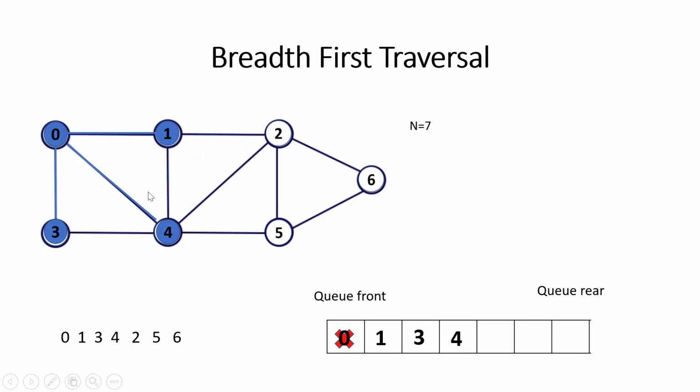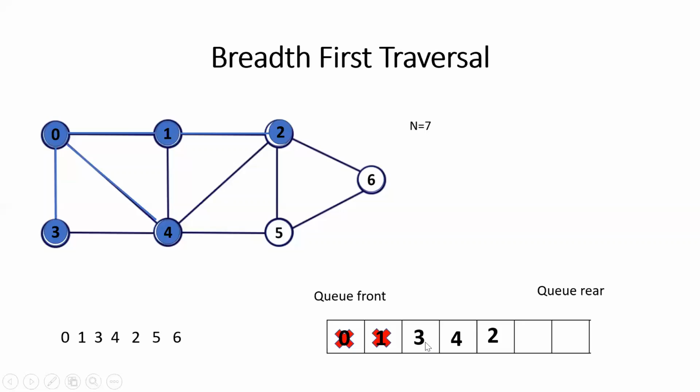So among 0, 2, and 4, 0 and 4 are visited. Which is the only one not visited? 2, ma'am. So we are going to 2, and then what we should do? We have to insert 2 into the queue. Is it clear? Yes, ma'am. Now, 1 doesn't have any adjacent vertex which is not visited. So what we have to do? So 1 was the vertex which was in front of the queue and all its adjacent vertices are visited. So we have to delete vertex 1 from the queue. Exploring of 1 is over. We have to delete it.